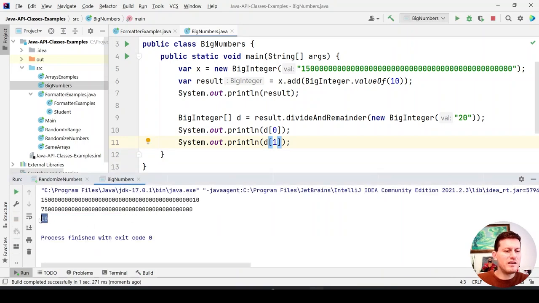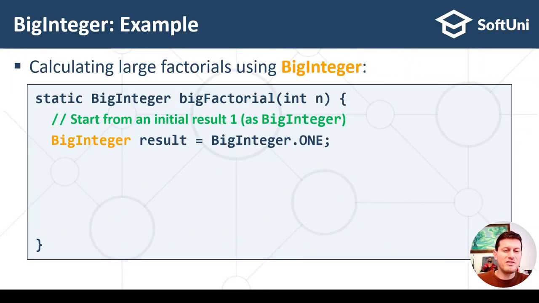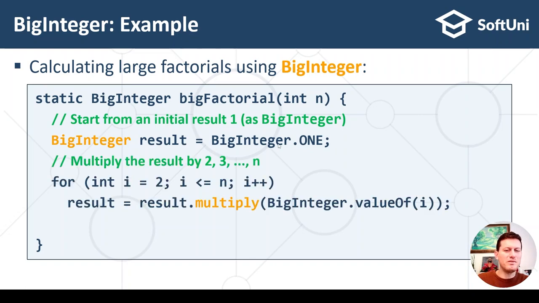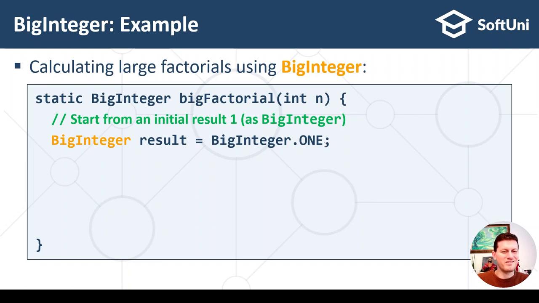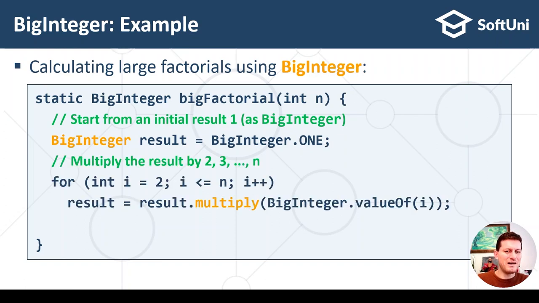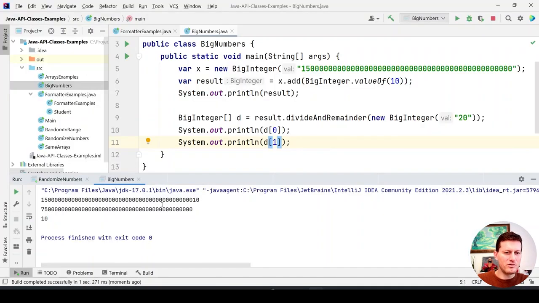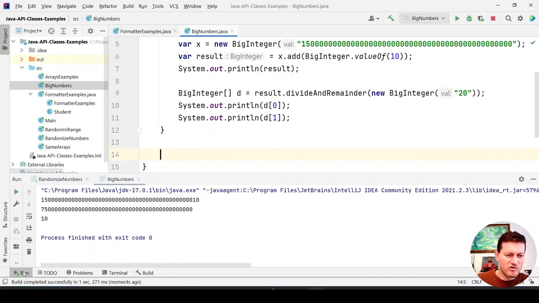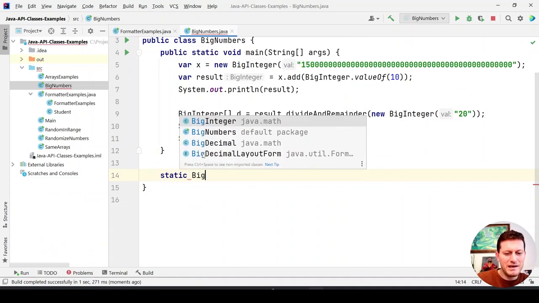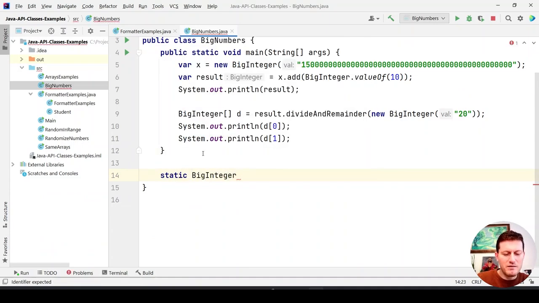the integral part and the remainder. Okay, so this is how this works, and this is an example of calculating factorial. We start from 1, BigInteger.ONE, just 1, and we multiply by i from 2 to n, and we return. So I'll create a similar function, static BigInteger factorial,